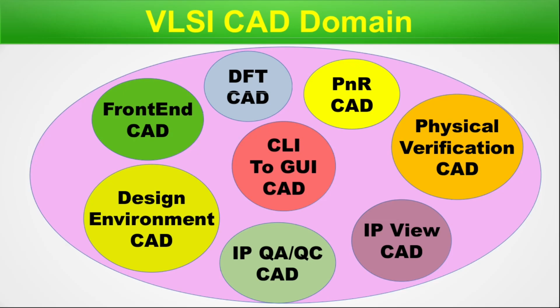CLI to GUI CAD requires GUI automation knowledge such as Tcl/Tk, Cadence SKILL, Qt GUI, Python GUI. Here the CAD engineer designs a GUI for the designer who operates the GUI. The GUI is designed and maintained in such a way that it may translate the GUI instructions into command line instructions in the background, then run the tool and finally display the results back in the GUI. So thus it saves a lot of effort for the designer. This impacts the turnaround time of the design from start to finish. Here you need the domain knowledge also.